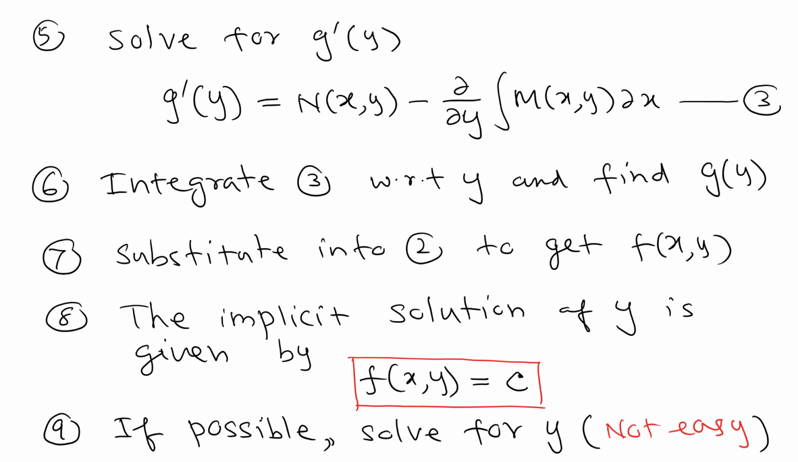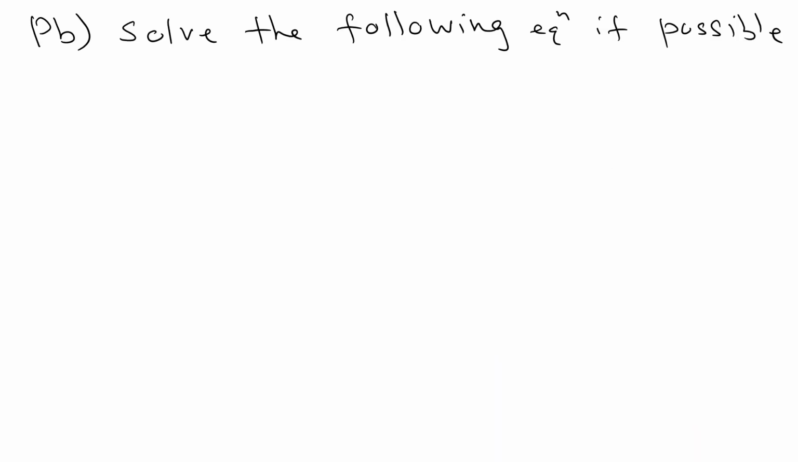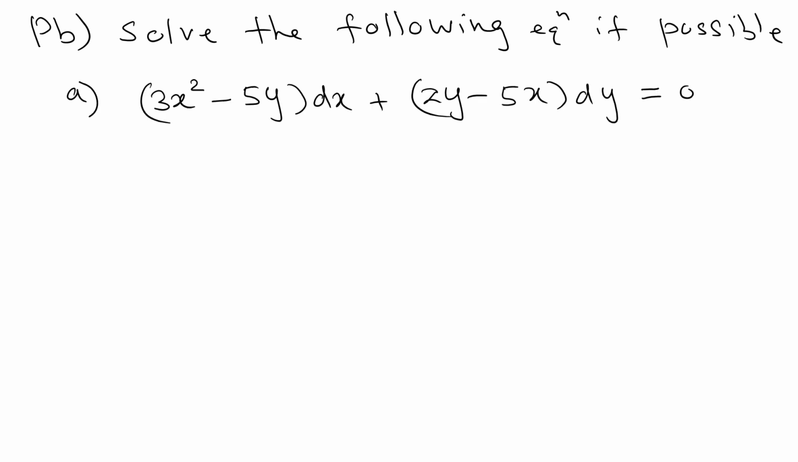So there are 9 steps when you solve a problem like that. So let's try to look at a few examples. Solve the following equation if possible. As the first one, let's start with this: (3x squared minus 5y) dx plus (2y minus 5x) dy equals 0. So what we can do, we can go step by step. And so the answer,